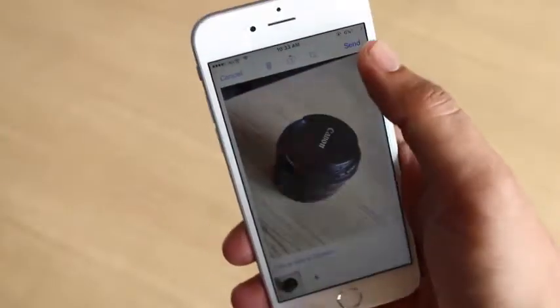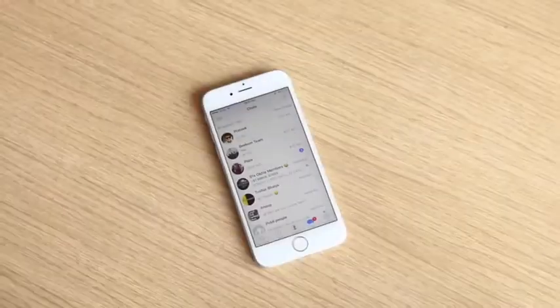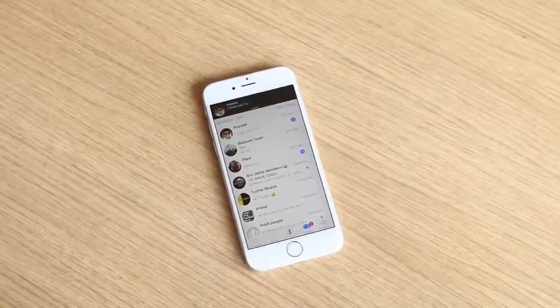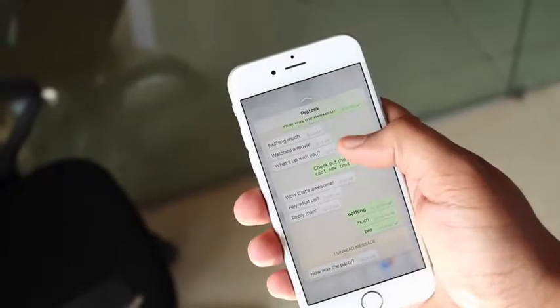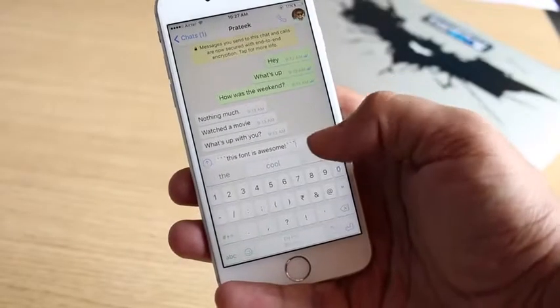We are pretty sure you use WhatsApp a lot, and it's no surprise considering it's the most used messaging app on the planet. While you might be an avid WhatsApp user, chances are you're not aware of all the cool tricks hidden inside WhatsApp. Well, that's what we are here to tell you.